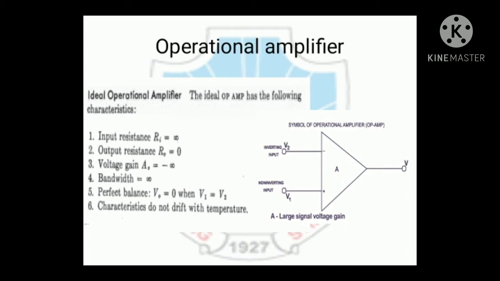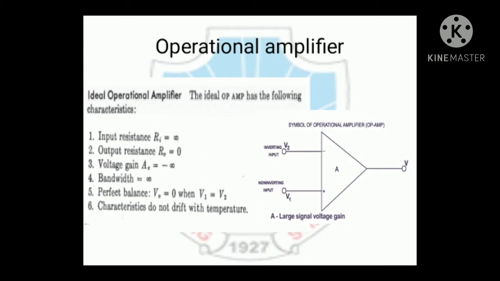Its voltage gain is infinite, and also its output resistance is 0, so that we can effectively use this output. Also, its bandwidth is infinite, so theoretically it can amplify signal of any frequency,